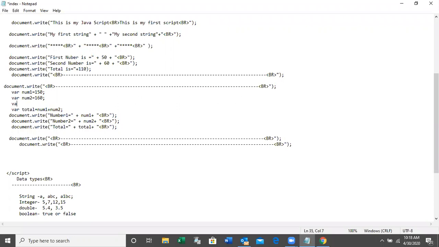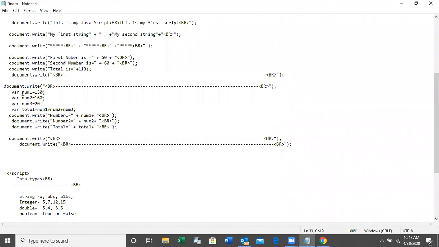I can declare another variable, var num3, equal to what? Any number, 20. So what I want to do, I have to calculate the total. So total is equal to num1 plus num2 plus num3. You have to use the same variable name here, right?